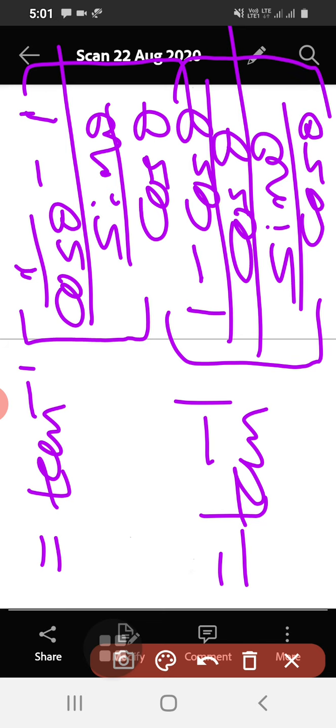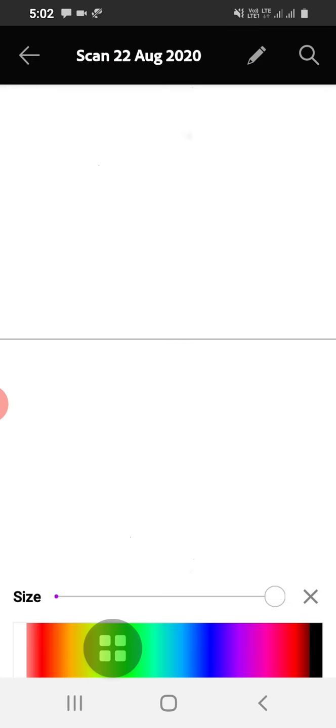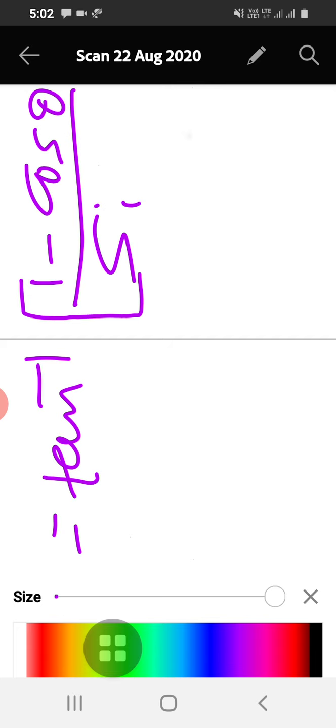See this here, 1 minus cos theta divided by 1. So I have taken the LCM as cos theta and numerator becomes 1 minus cos theta divided by, I write sin theta by cos theta as it. So here cos theta cancels. See, denominator is same. So what is left in the numerator? 1 minus cos theta, and in the denominator I have sin theta. So I will write that in the next step here. That is tan inverse of, see, 1 minus cos theta divided by, in the denominator, sin theta. So up to this we can do it directly.